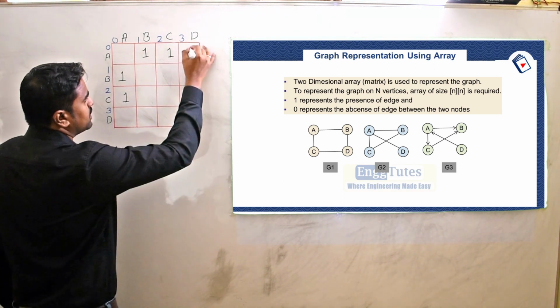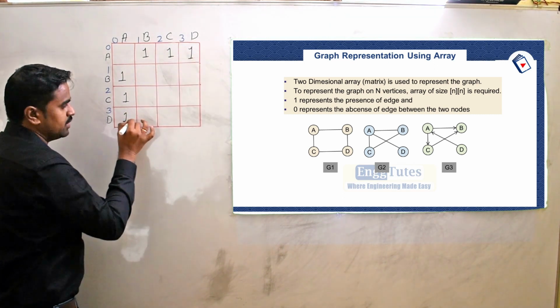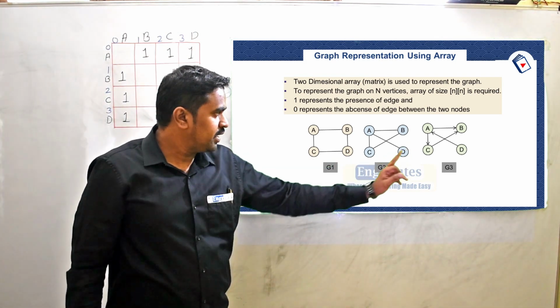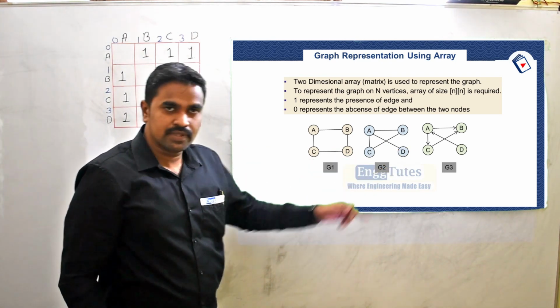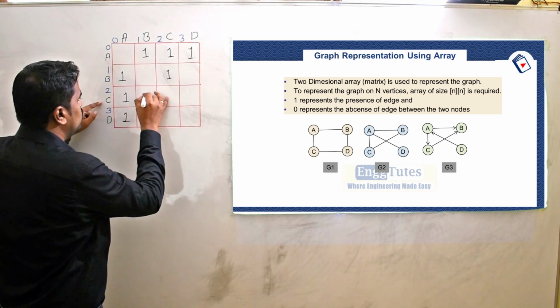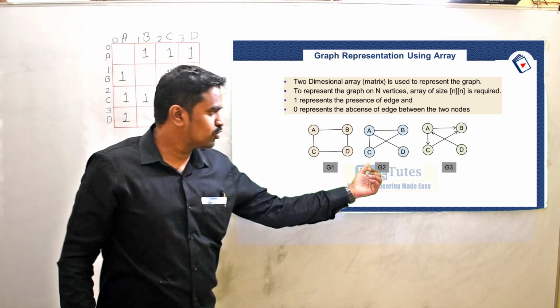Again A to D there is an edge, that means D to A there is an edge, because this is an undirected graph. और कौन है? B. B is connected to A, of course, then C, that's it. So B to C and then C to B. ठीक है? Then C किसको connected है?